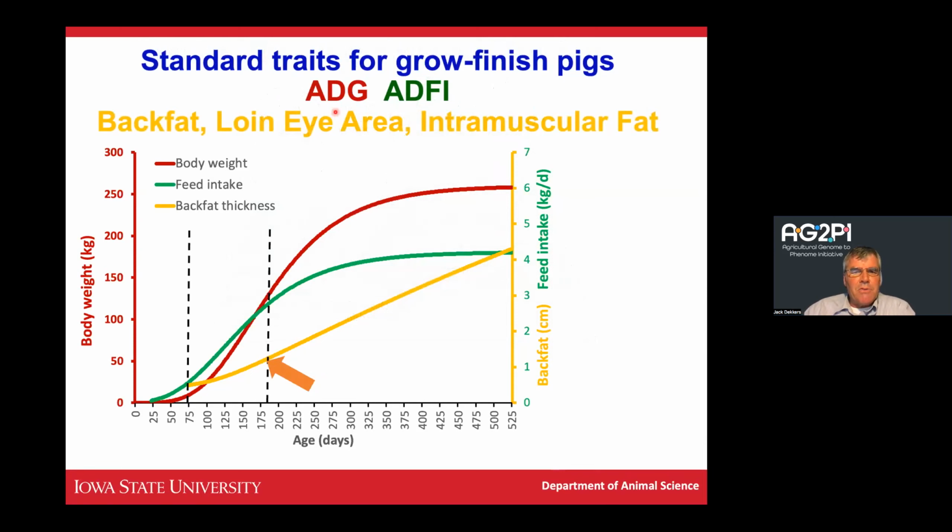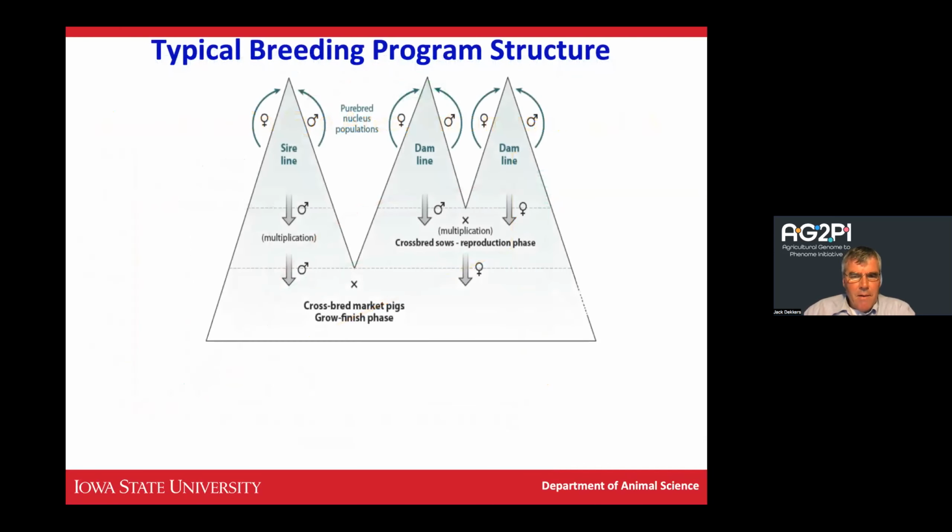So then the standard traits are average daily gain, average daily feed intake during that test period, back fat, loin eye area, and intermuscular fat. Now to talk a little bit more how this fits into the overall strategy, it's important, especially for those on the crop side, to realize that a breeding program in livestock typically looks quite different than in plants,